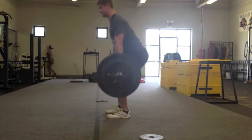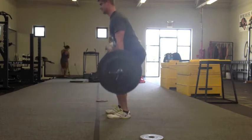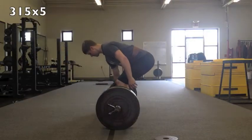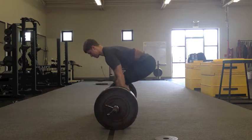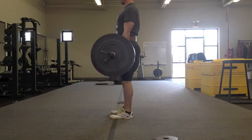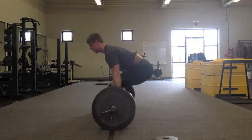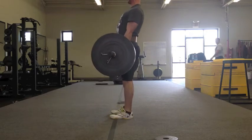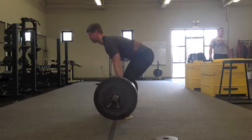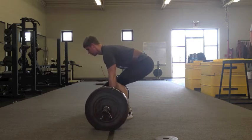Hopefully you can notice in these first few sets especially that there's kind of some slack, for lack of a better term, in my hamstrings, that there's not a lot of tightness just from my hip to my knee. It kind of just looks like there's a little bit of rounding. It's hard to explain, but you definitely can feel that it's just not very tight, especially in the first few sets. And even when I pull here, you'll see when I drop the weight, my hips just kind of collapse, and again, the glute-hamstring really isn't tight before I pull, and it's just a lot of lats and spinal erectors and things like that I end up pulling with